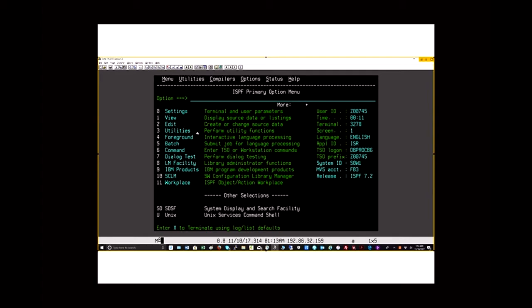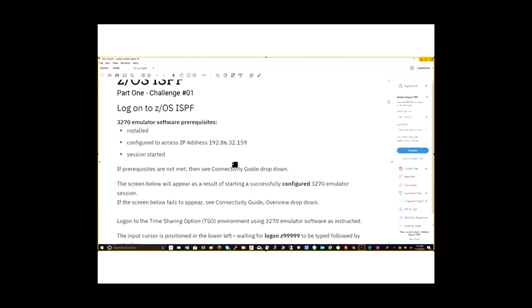And so here we are. That's the interface. That's ISPF. Learn it, love it. This could put money in your pocket. Okay, so what do they tell us to do first? After we're logged on,